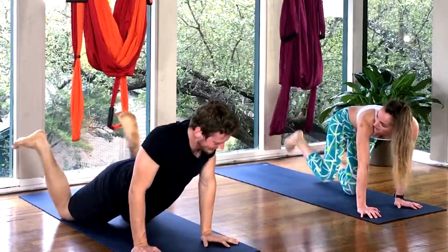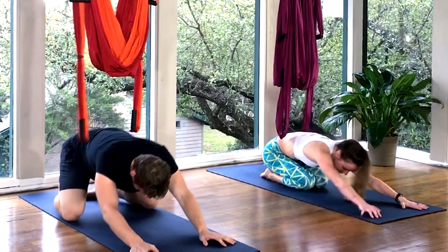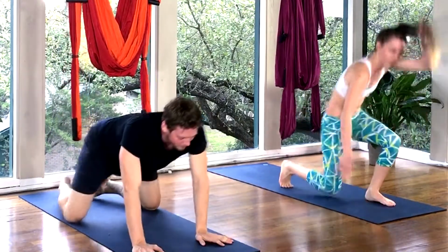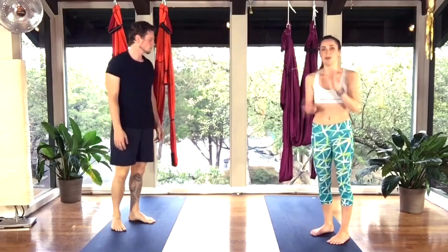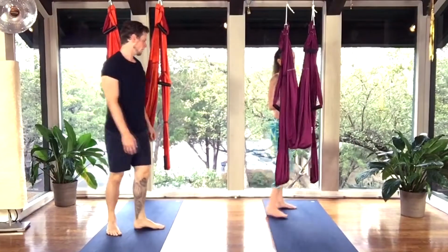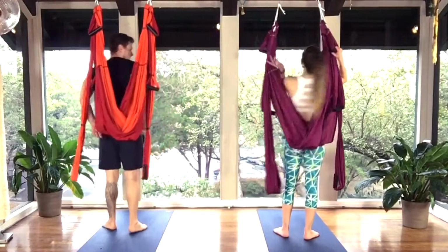I might want to hang on. Do a little child's pose for a second here. Coming off of those arms and shoulders, and then we'll go ahead and stand up. Nice. So now we're gonna do kind of an inverted shoulder stand. I'm actually gonna walk behind my trapeze with my back to it, and then I'm gonna grab the highest handles